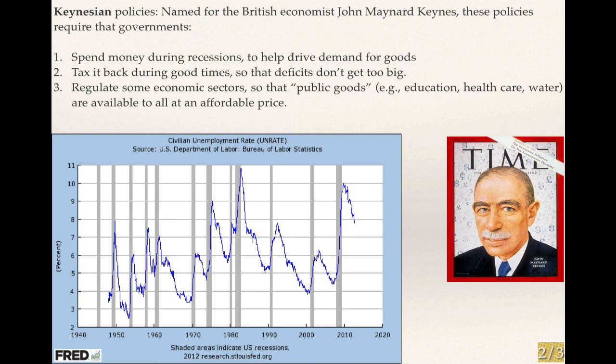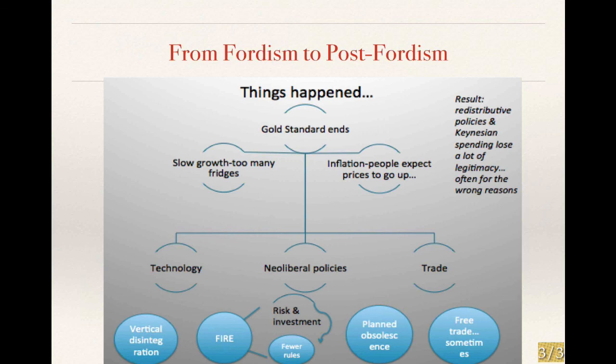Growth is high, consumption of durable goods is high, people are buying a lot of the stoves and the fridges and the automobiles that are being produced during this period. And generally, Keynesian policies and the Bretton Woods system overall are seen as a roaring success in many respects during this period of time. By the early 1970s, you start to see a change in the ways in which these institutions and these policies are working.